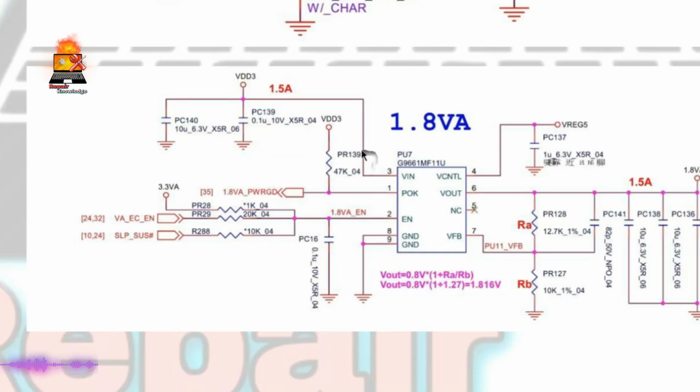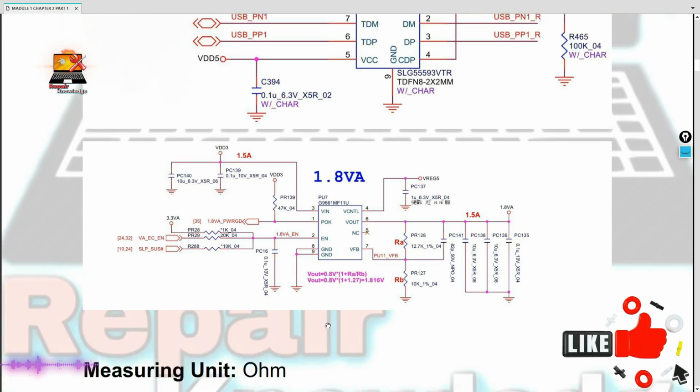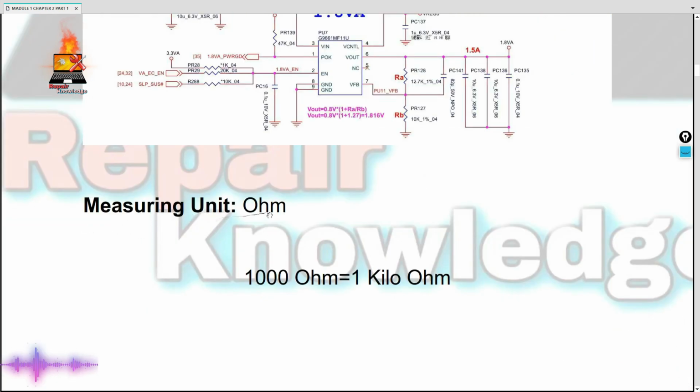So if you come down here, there is also a small circuit here. If I zoom in here, you can see PR28 is written and the symbol is there. As I just told you above, R is written, but in some schematics P is also given. PR is written, and that is also the location of a resistor. The location number with R is the identification. Look below, it is not given here either, R is given here. This happens in some schematics, but mostly we have to see only the symbol. Engineers identify the part from the symbol.